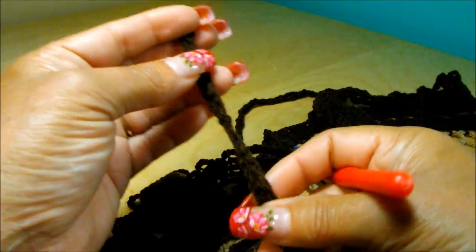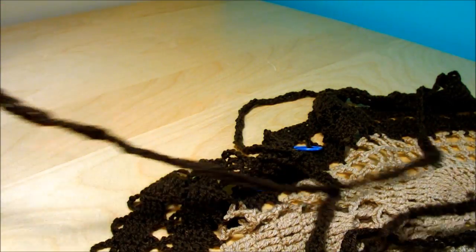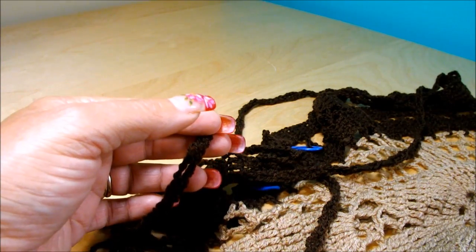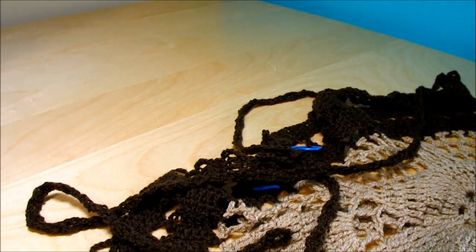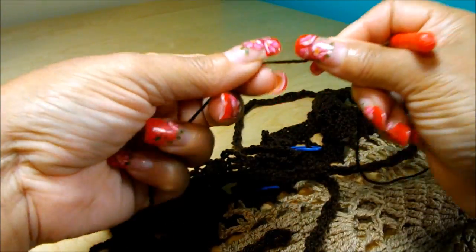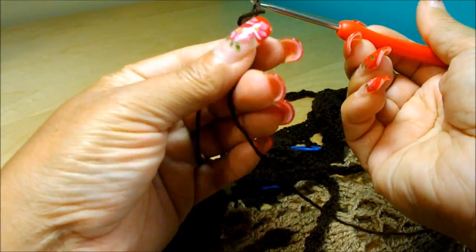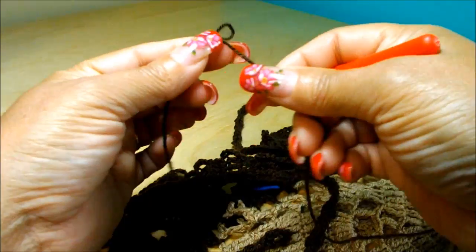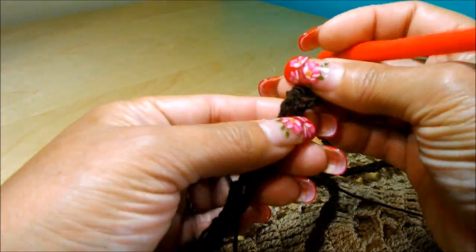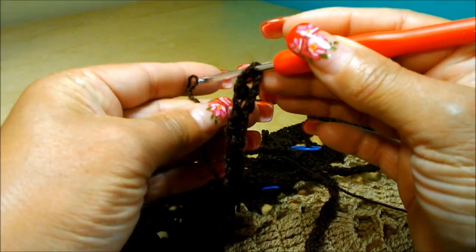I did my straps 1 meter long, and then when I tried to cross them in the back, it wasn't long enough. So to give it a solution, I'm gonna find the end of my yarn. There. I'm gonna do a slip knot, and I'm gonna come here at the tip where I finish. I'm gonna pass it through one of the chain spaces in the top,